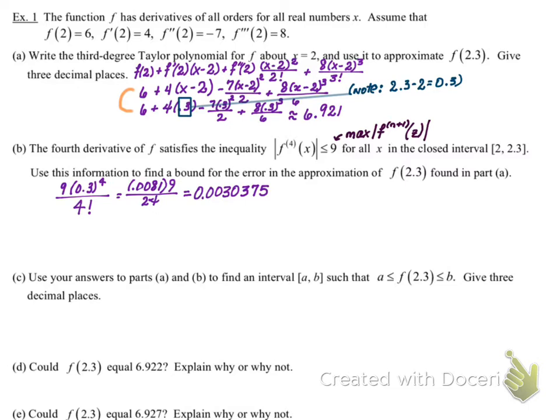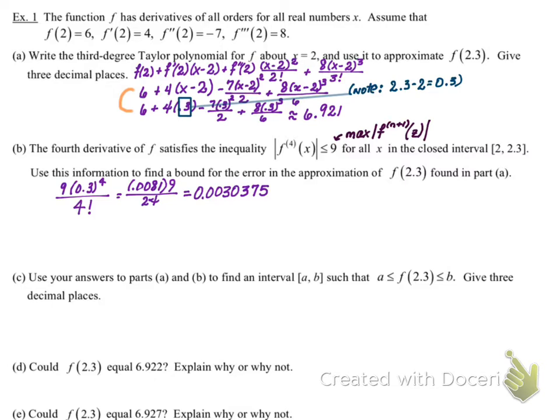One thing that has always made me uncomfortable about this particular piece right in front of you is that they don't explicitly state that 9 is the maximum that the theorem refers to. So 9 is the absolute maximum that that fourth derivative and coefficient of the lopped off term could possibly be. So we use that 9 as our maximum, and that is the maximum error in that approximation.